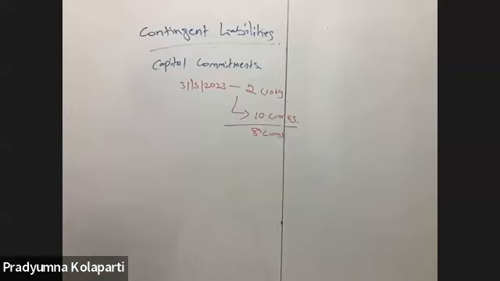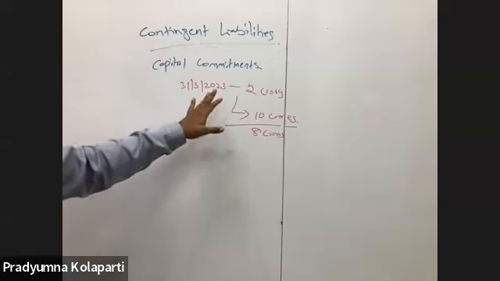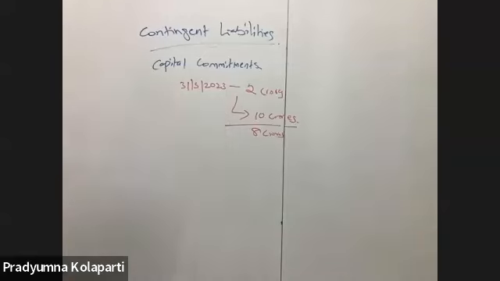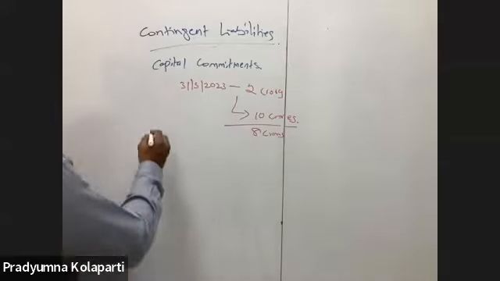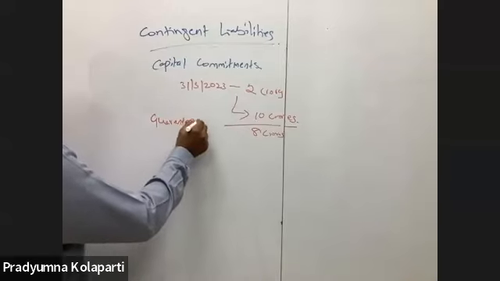I am building some capital assets, and with respect to that, I have given some order, and there is an open order in that. Then whatever unexecuted or uncertified work amount is there, that amount has to be taken as capital commitment. Fine. Guarantees. You would have given guarantee to your